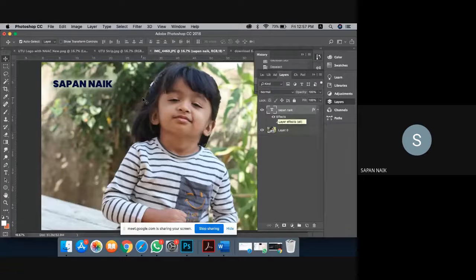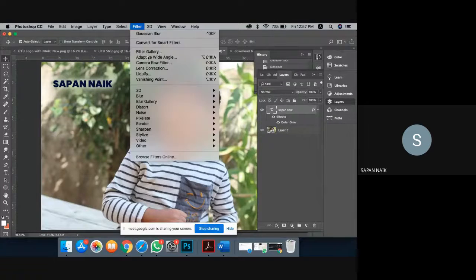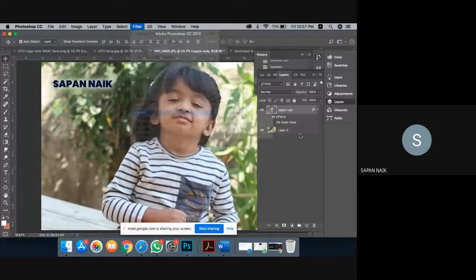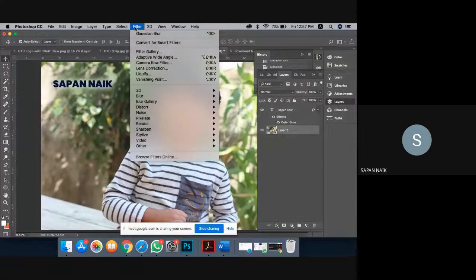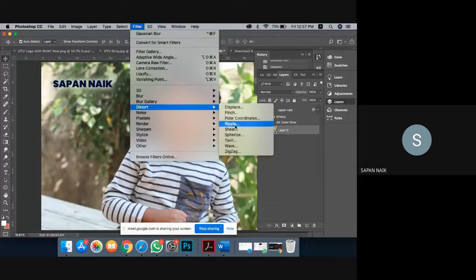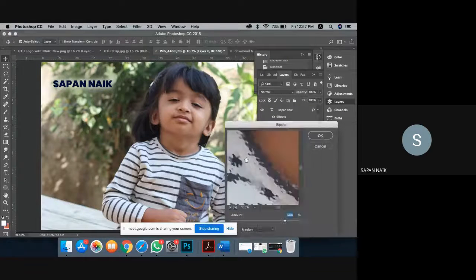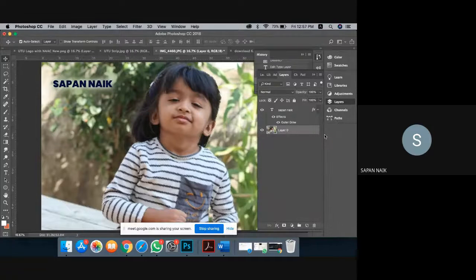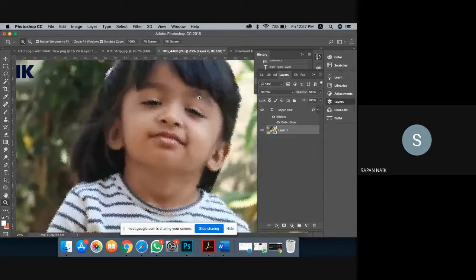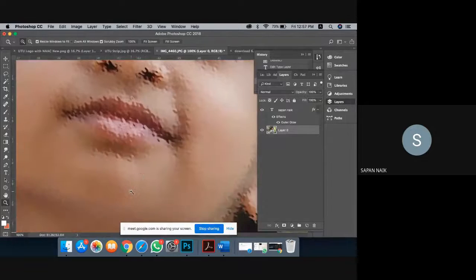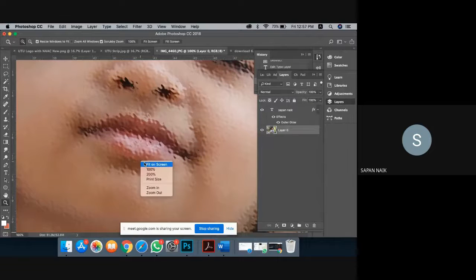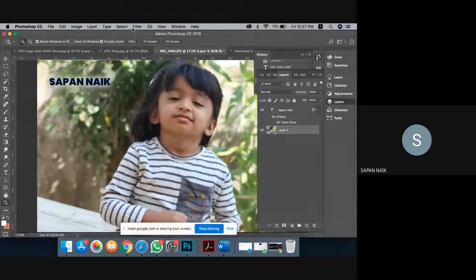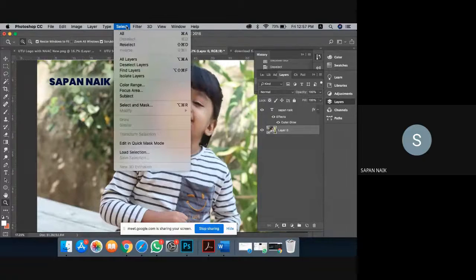So anything like this you can do. Filters are there, blur is there. Suppose I want to give a glass effect to my image. I can go to distort and give an effect called ripple. As you can see, it will give the ripple effect to my image, and my full image will get changed. If you zoom in, you can see it is like a glass image. So this is also possible with different filters. If I do Control Z, it will get removed.